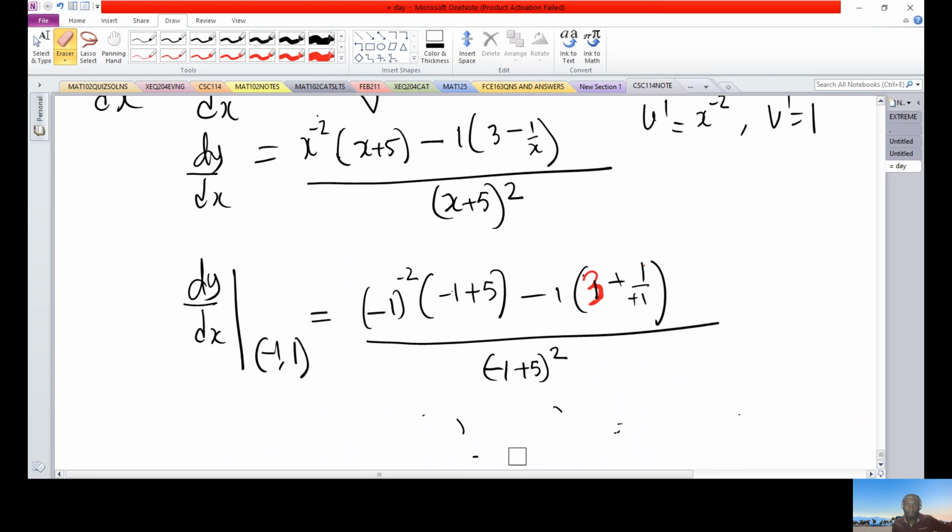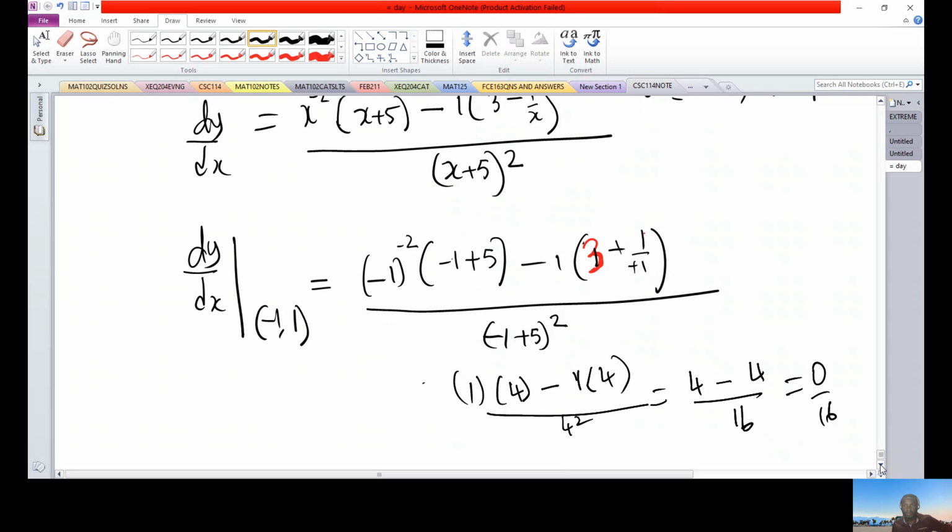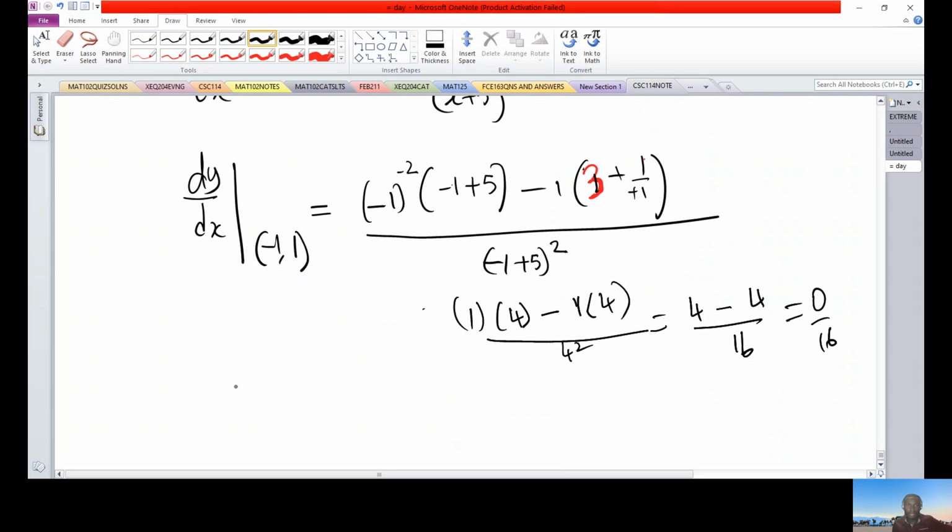So we'll have 1 times 4 minus 1 into 4 over minus 1 plus 5, which is 4 squared. So this will be 4 minus 4 over 16, so 0 over 16. Therefore, the gradient or the slope at this point